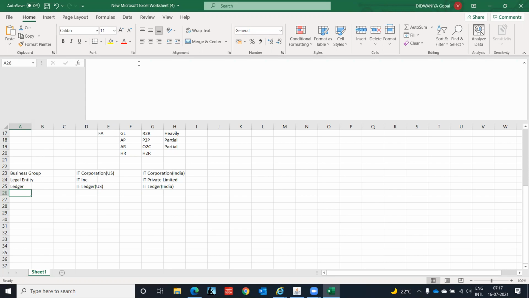Then we have operating unit. Okay, operating unit can be used to segregate the operations of these both units. First of all, even if you have multiple locations in IT corporations, and you want to segregate the operations of these locations. Let's say we have